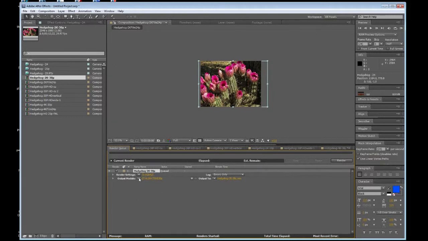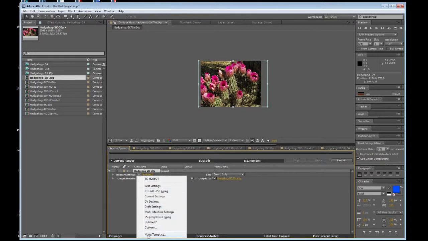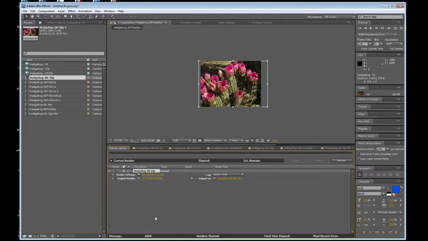And I have a variety of different settings here. One of the things that you'll see is I have, for example, for Tandem Stock, because they only accept H.264 QuickTime, I already have a profile created. I also have a Pond5 progressive photo JPEG, and Pond5 will also accept H.264. So make sure you check with your agency to see what output format they will accept. Because I'm going to shoot for Pond5, I'm going to select